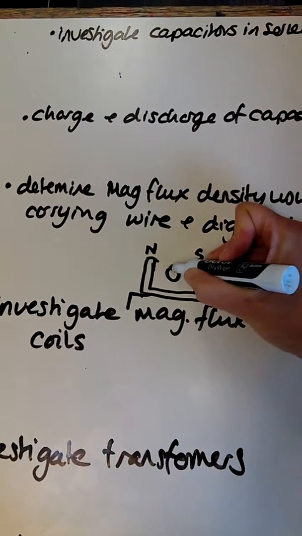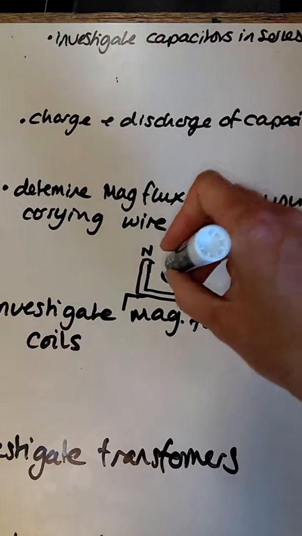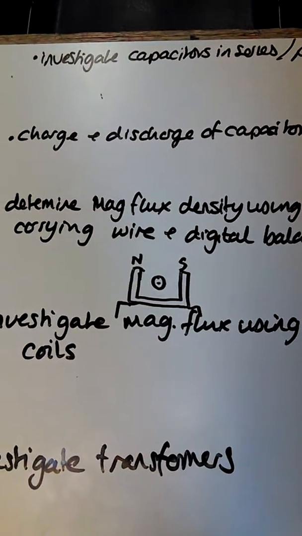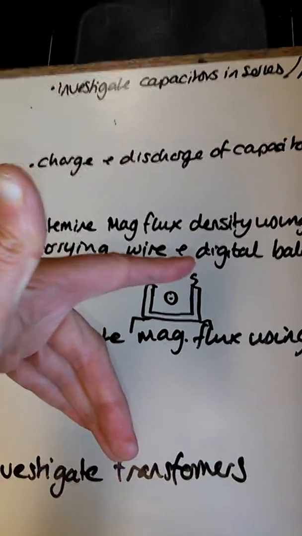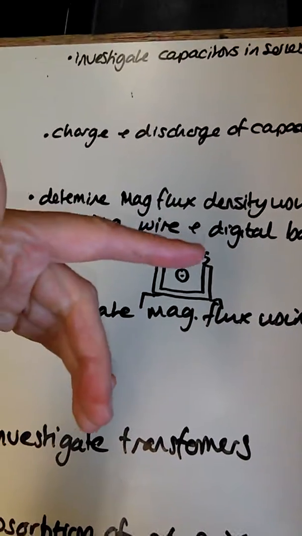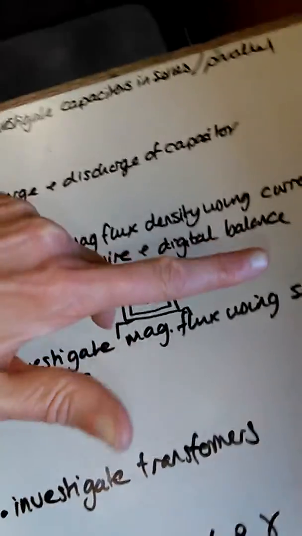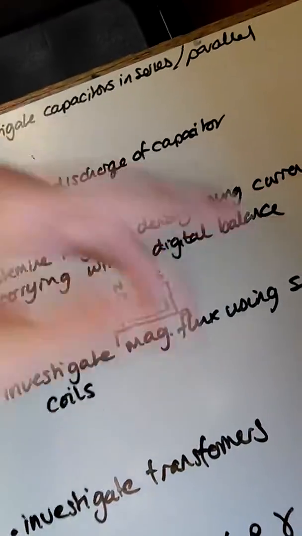If we've got a wire, let's say that wire is going into the table there, can you see, using your left hand rule,